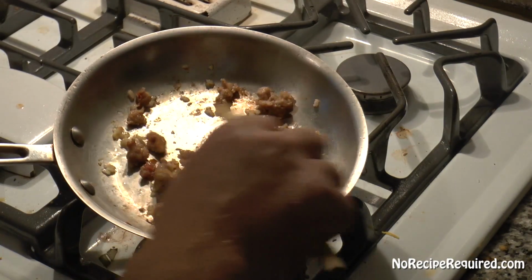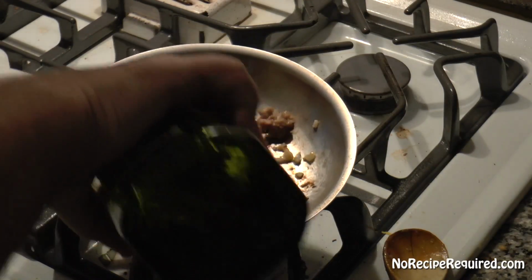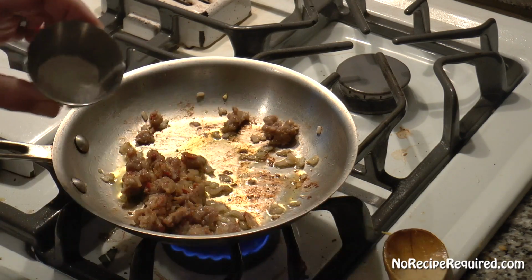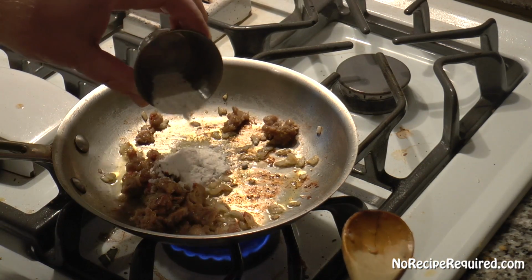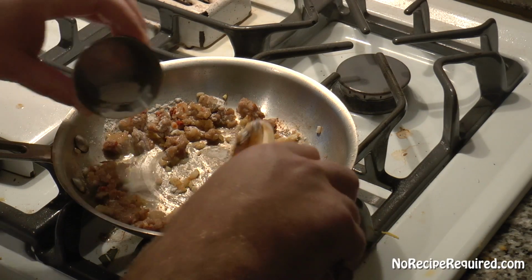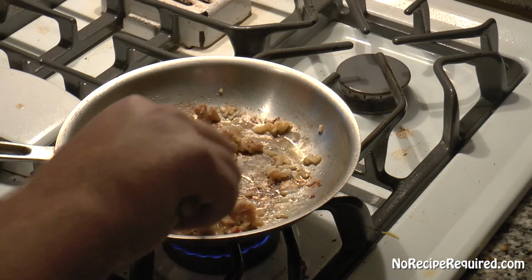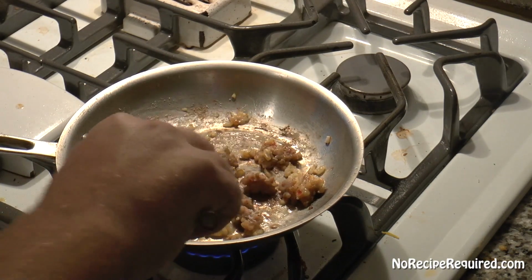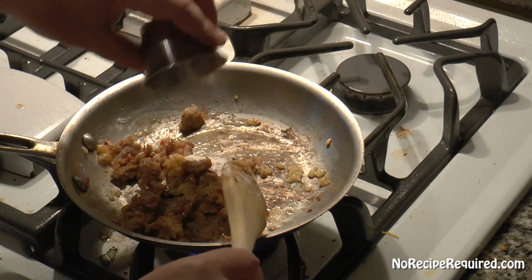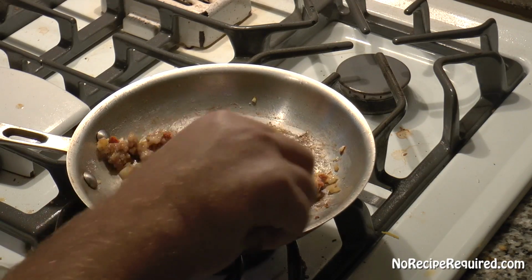Alright, so my sausage is brown, the onions are soft, they're slightly browning. I still need just a little bit more olive oil, or butter would be great in the pan, because what I'm going to do is add our flour now. I'm going to turn the heat pretty much all the way down, and that flour is going to combine with the olive oil, the butter. You could do bacon in here too instead of the sausage, to form a bit of a roux, which is going to be the thickening agent